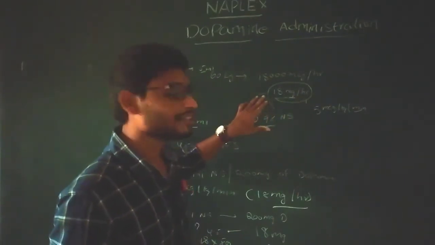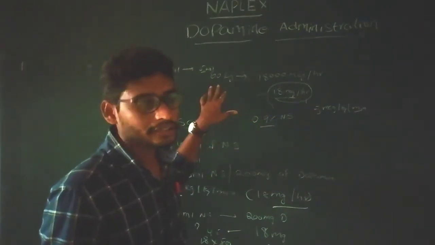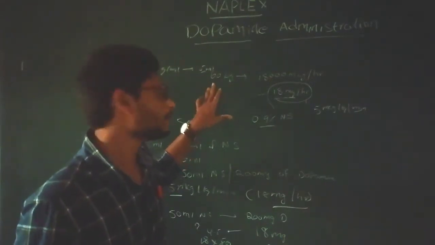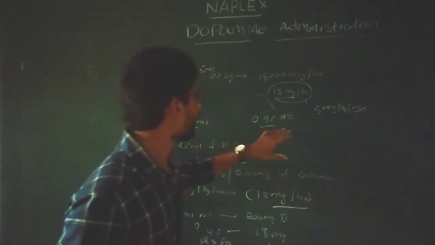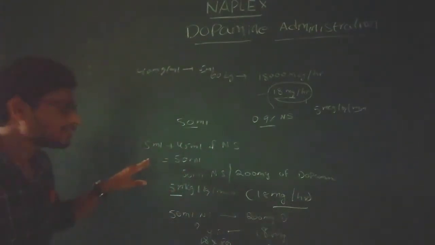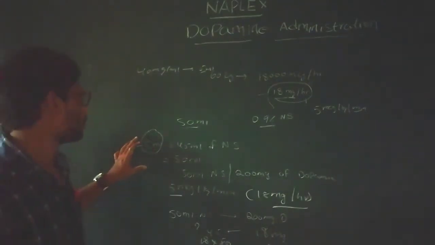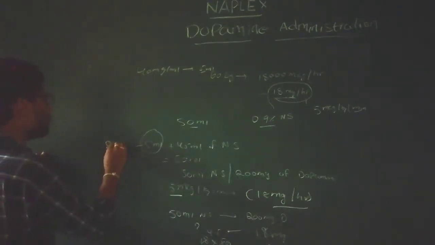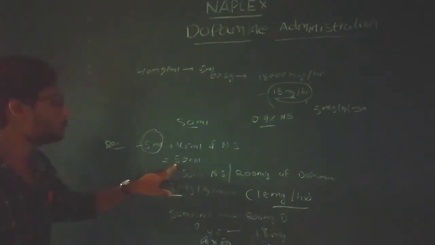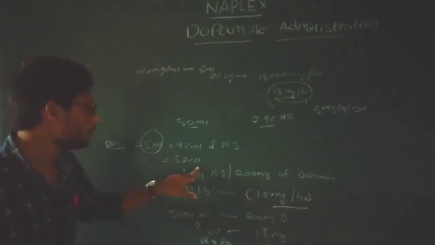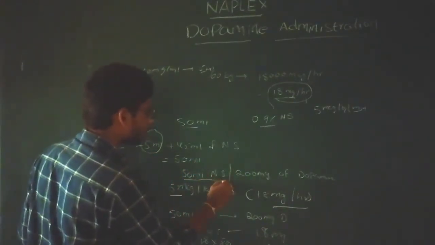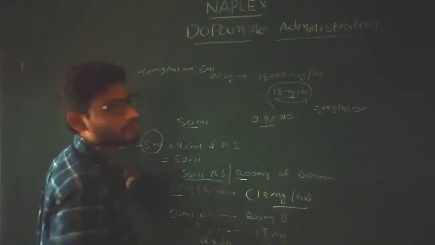Okay, so after calculating the total amount needed for treating the persistent hypotension based upon the body weight in relation to time, and after the dilution of dopamine with the normal saline. In the market it is available as a vial having a capacity of 5 ml, and each ml contains 40 mg. So a total of 5 ml contains about 200 mg of dopamine. So we can make up the volume to about 50 ml, and the 50 ml of normal saline consists of 200 mg of dopamine.